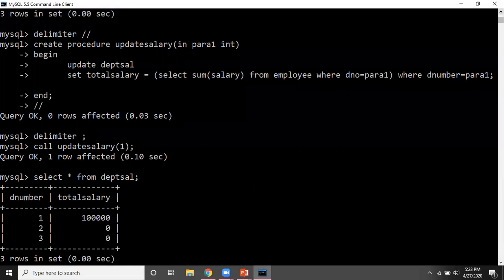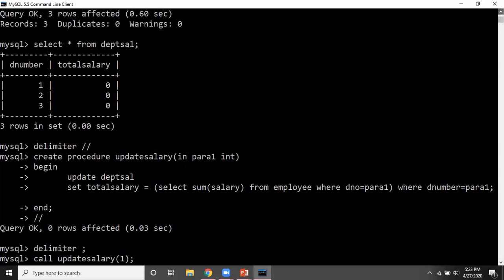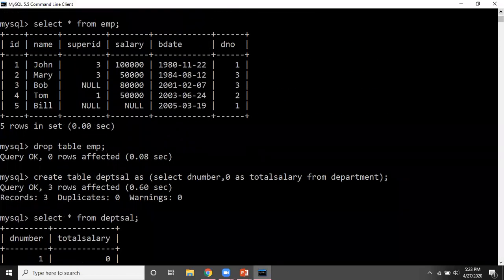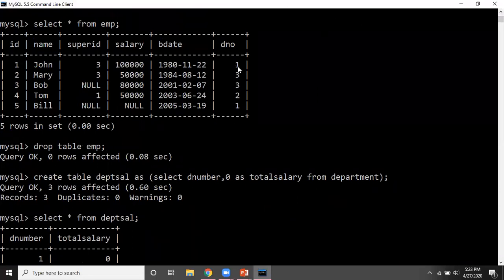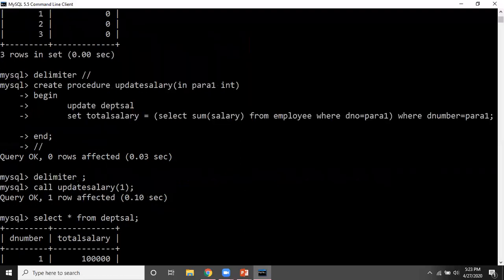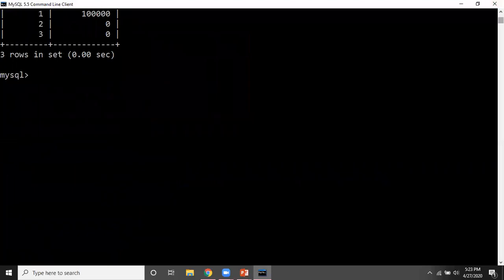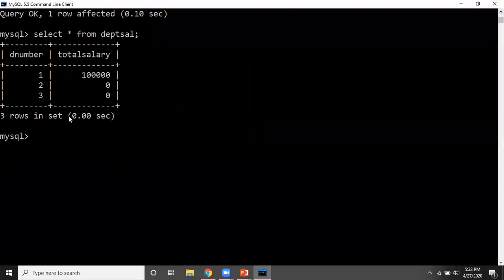Because this procedure is executed, and what it did from the employee table where D number is 1. So here D number is 1, here D number is 1, but here it is null. So it found the sum for this value and this value. Fine. And what we have done, where the department number is also the same, it's updated that row.